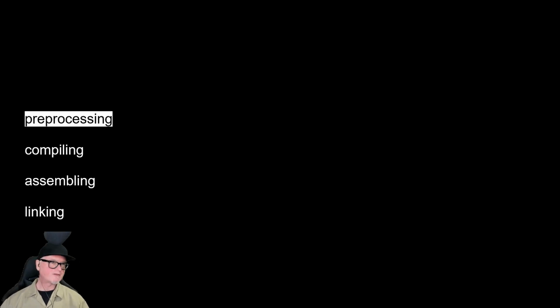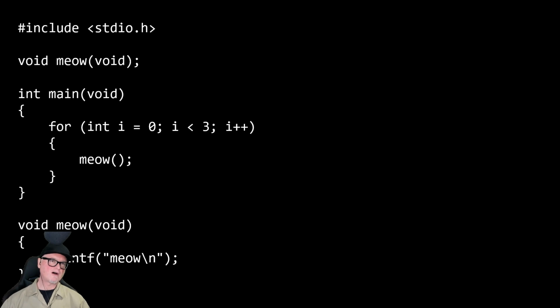Okay, so up to now, I've been using this term, compiling, and I've just been kind of slopping it around. But we're going to get more specific with it. The process of compiling actually consists of four steps technically. The first one is pre-processing. And what do we mean by pre-processing? Well, we're talking about